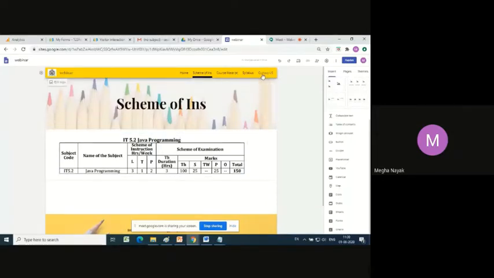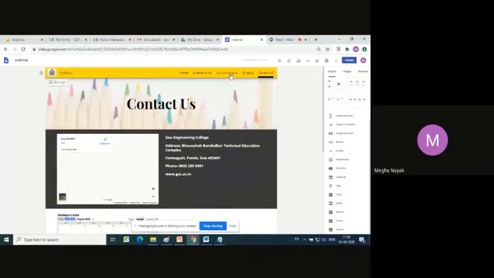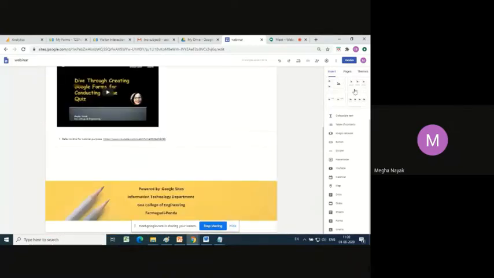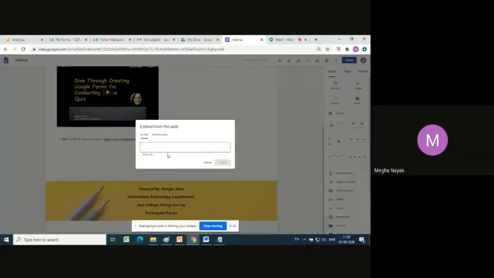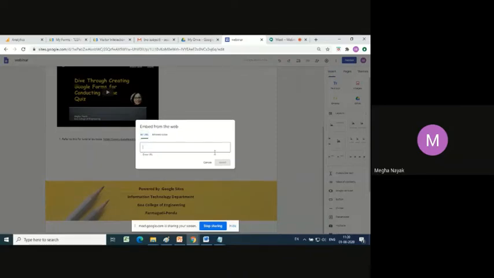And if you want to insert any other link other than say YouTube videos only, you can just go and say insert. Under insert, there is an embed option. So in this embed option, you can either embed a code or you can embed a URL. You can give the link to any other site, also for reference if you want. So this is how the embed option works.